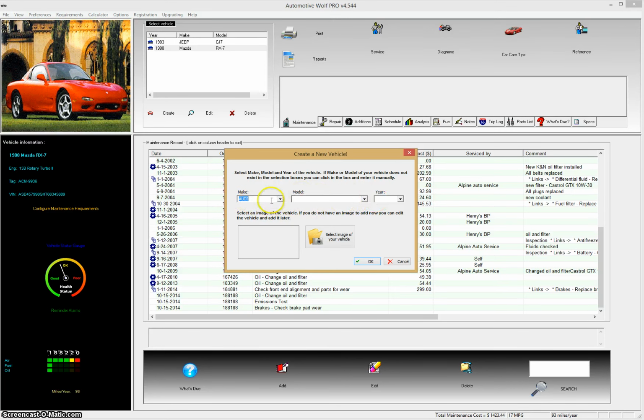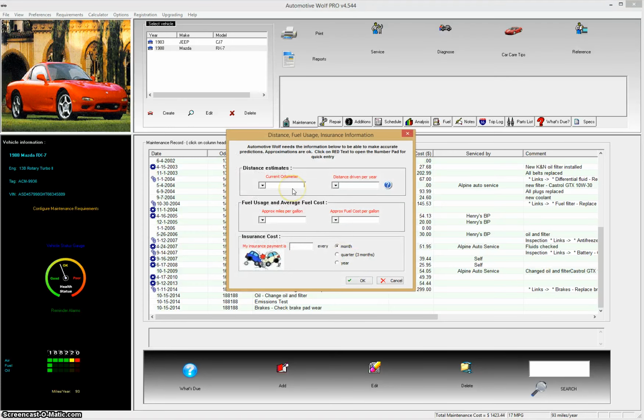So to choose an Audi here, and that should load all the models. And let's do an A3 today, and let's make it a brand new vehicle, 2015. I don't have an image to select, so we'll just skip that part. Click OK. So you have to enter a few factors here so that Automotive Wolf has some information on your